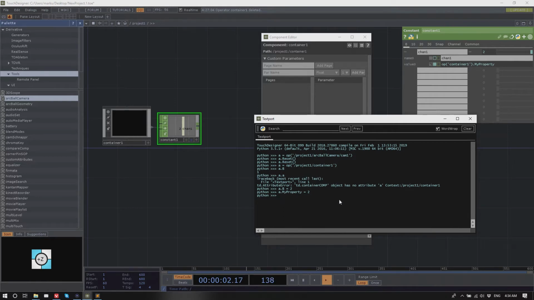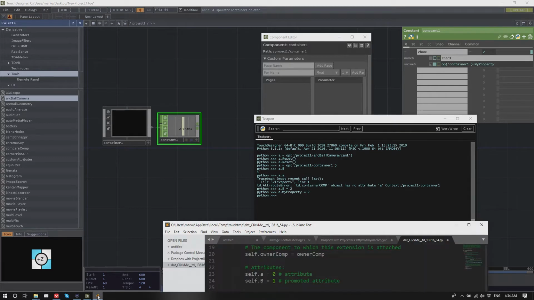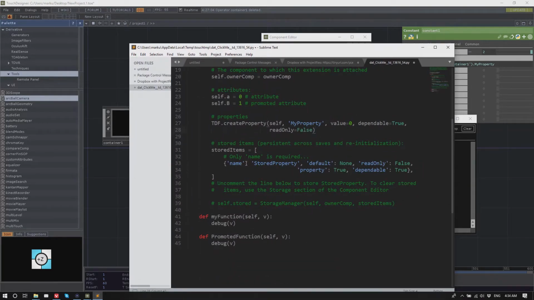So the myproperty string is like the replace one in the expression. Because we don't define myproperty before, there's just A and B properties, and myproperty is created. It's created, yeah. But what's the difference between the capital B and myproperty? B is just an attribute, so it's not dependable. It cannot be dependable. And yeah, if you need a dependable one, you have to do this create property thing, the full function.